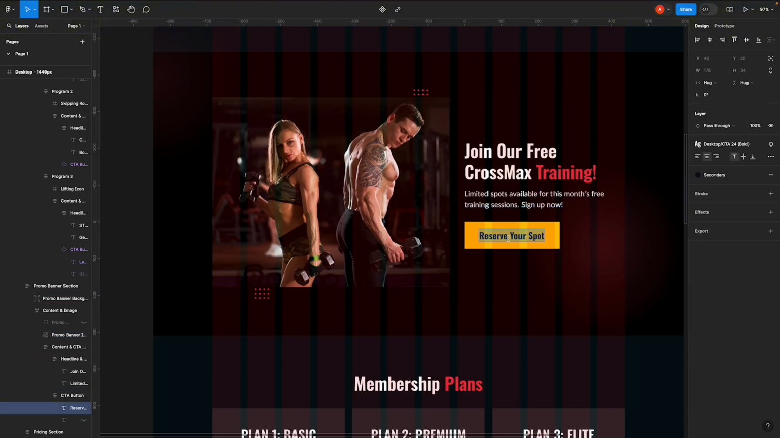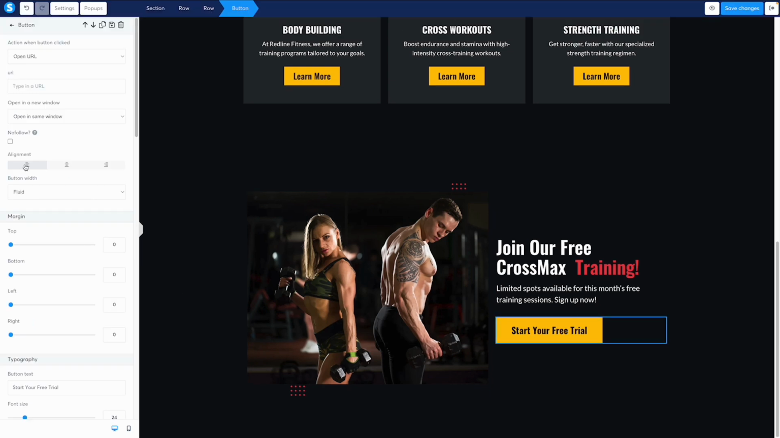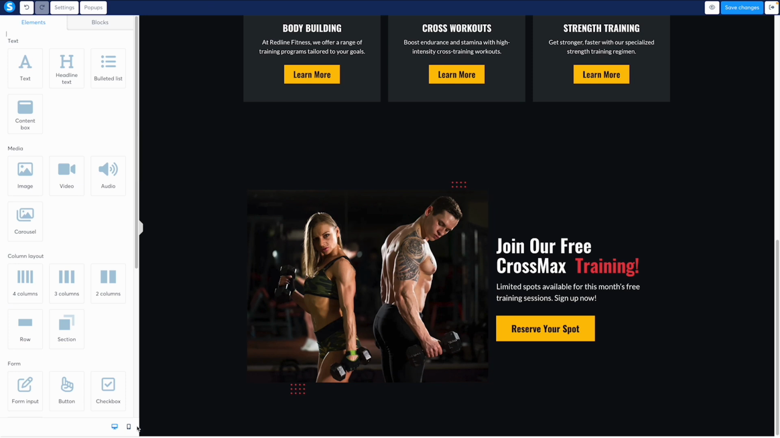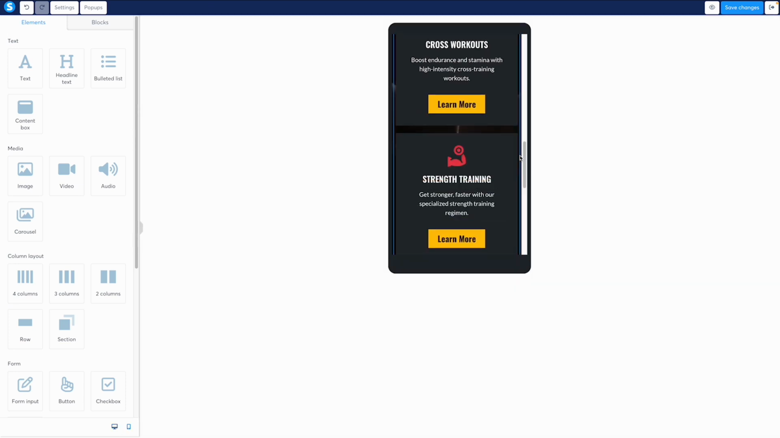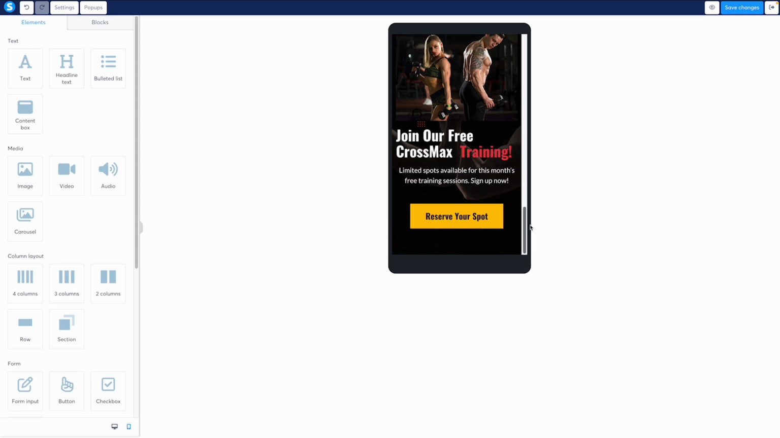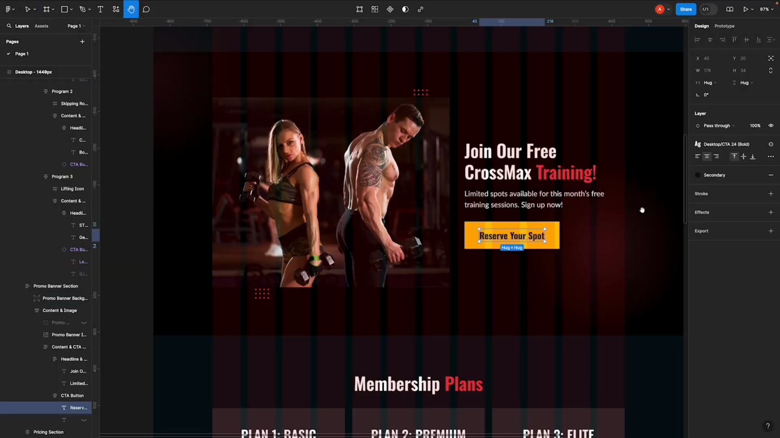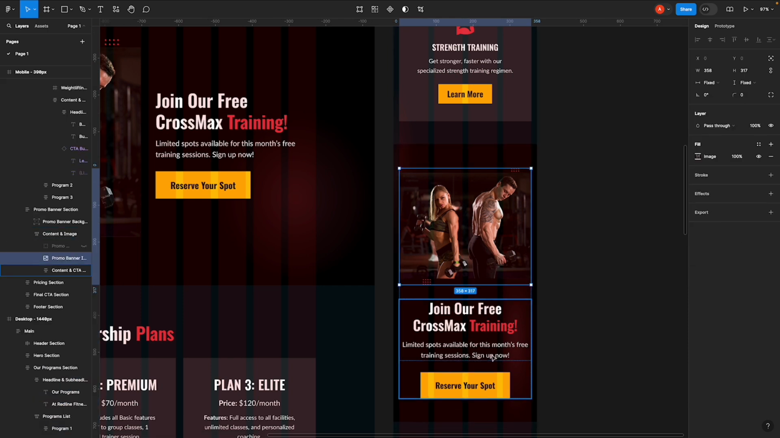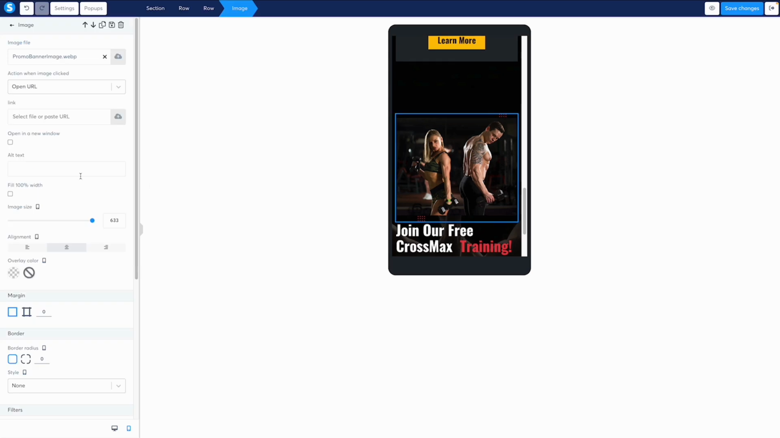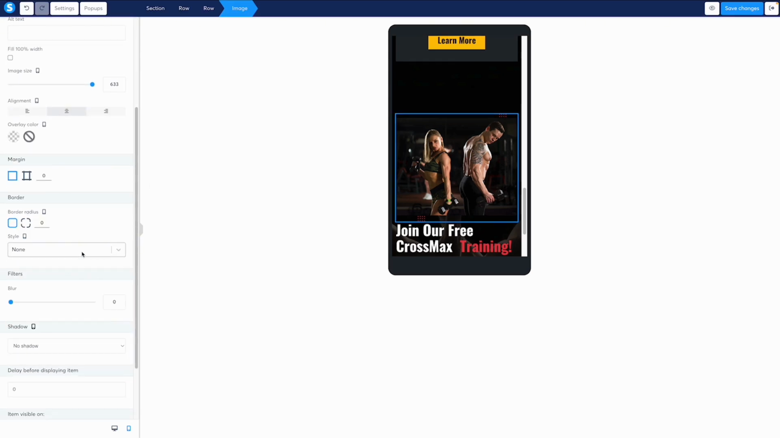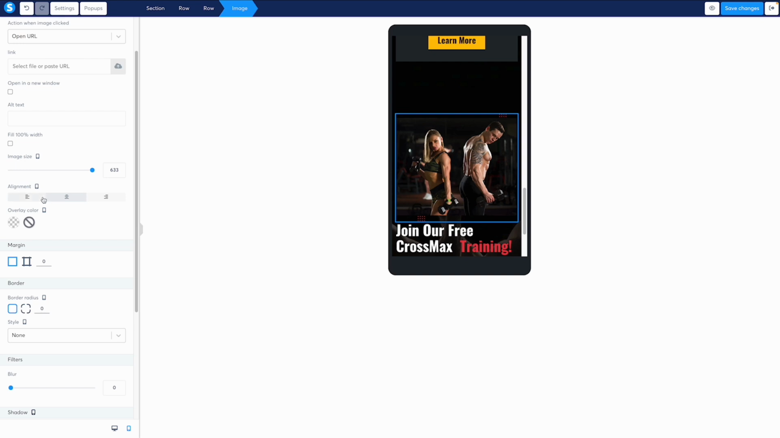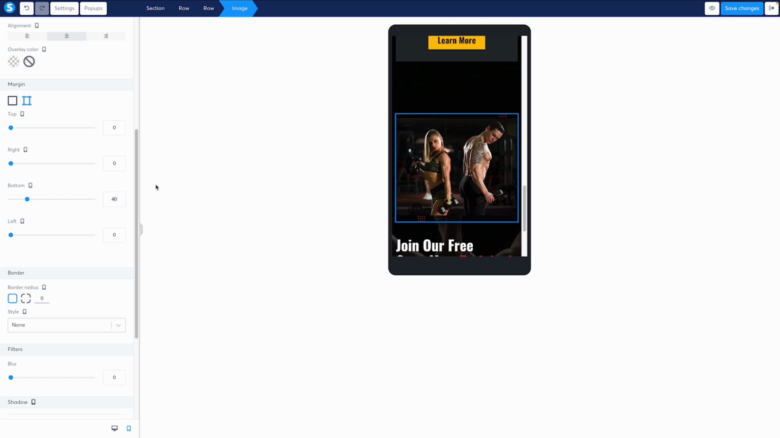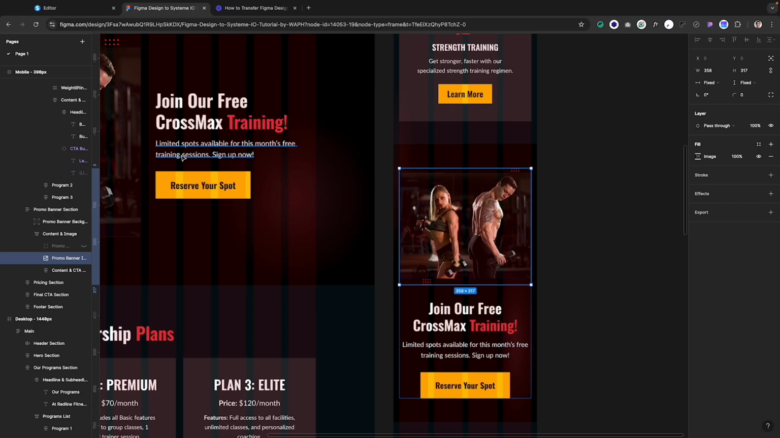So instead of start your free trial, reserve your spot. This one, button text. Yun. Tapos, let's check the responsive, the mobile. Yun. So, mag-a-adjust tayo ng konti, no? So, let's go ahead and check this one. So, ilan ba yung distance niya dito? 40. Let's adjust this to 40. Where is that? Yan. Tapos, just to make sure that this is responsive,